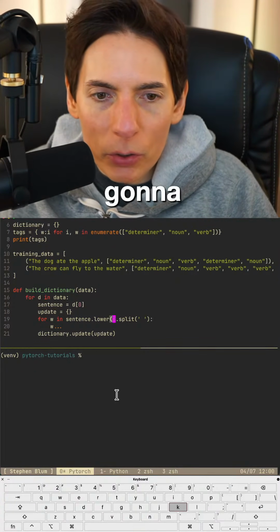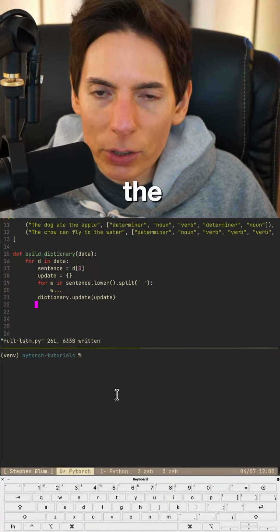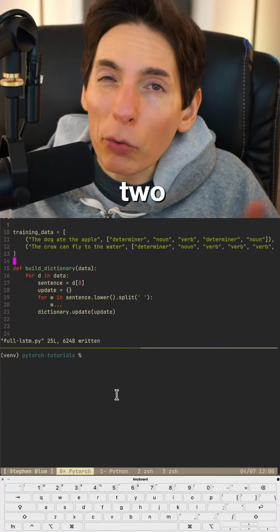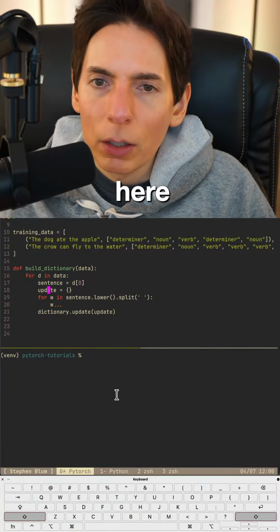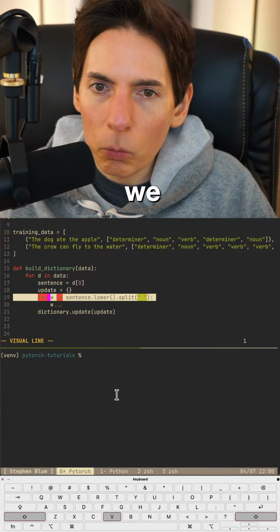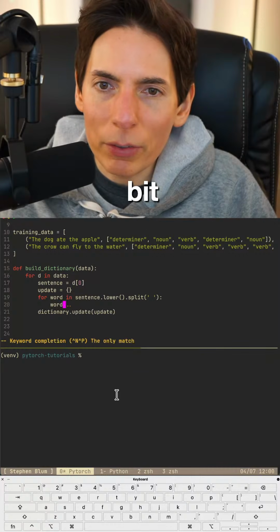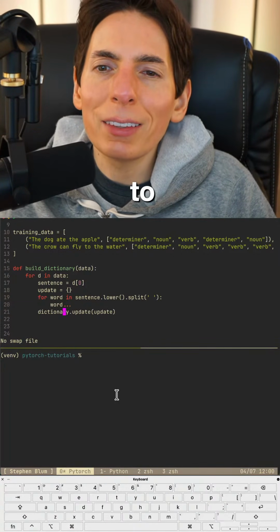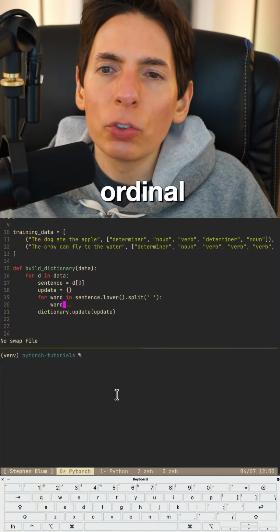All right, we're gonna wrap up here, you guys. I wanna get the build dictionary function done, and this will be the wrap for today. We'll be back tomorrow with more LSTM. Part 2. Really part 3. We'll do part 3. So we're gonna build our dictionary. We gotta do something with our word here. So we got our sentence, we got our word. There we go. So it's a little bit more obvious what that is. And then we need to update the dictionary with the word and giving it an ordinal. So this needs to be